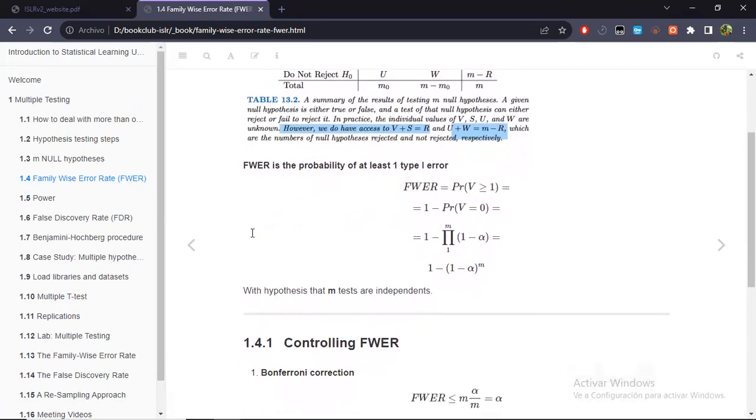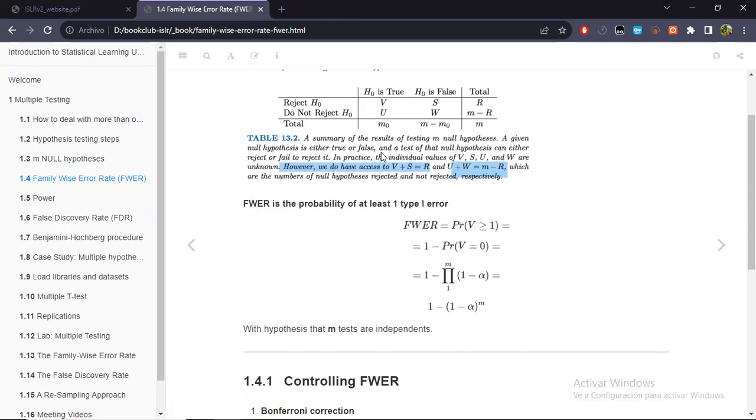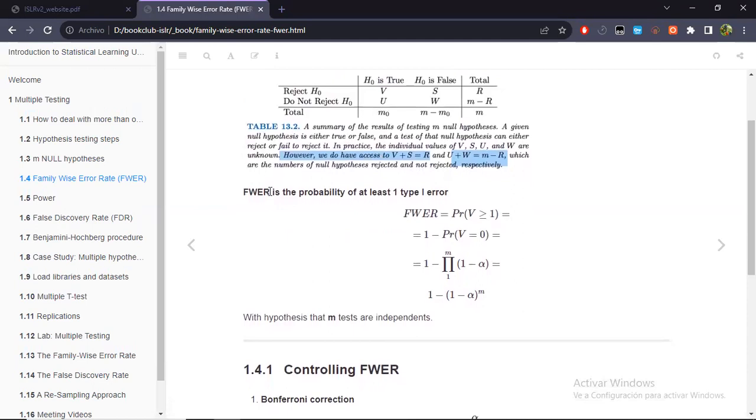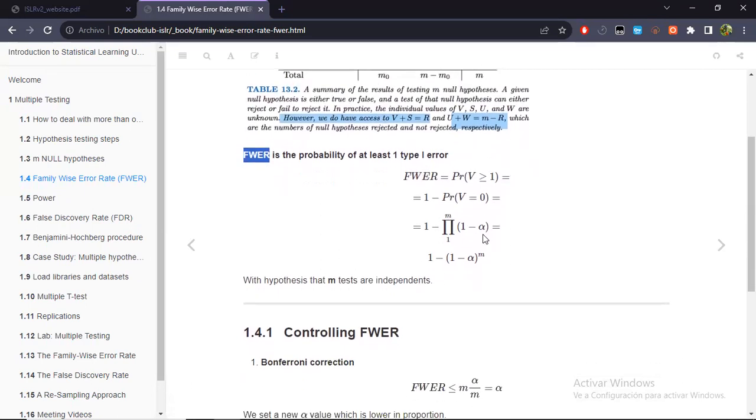In this part, they're simply defining some scenarios, but the important variable over here is this one, B, the number of false positives that we would get in this scenario of multiple testing. So formally, the family-wise error rate would be the probability that the number of false positives is greater or equal